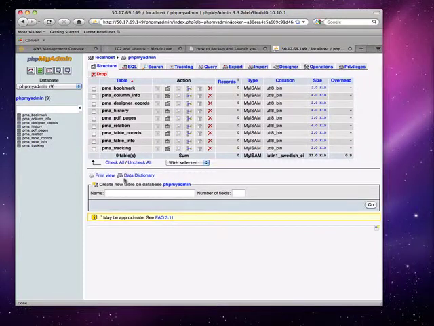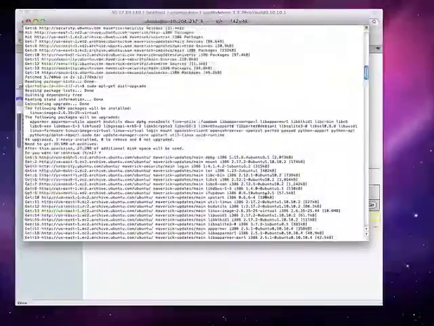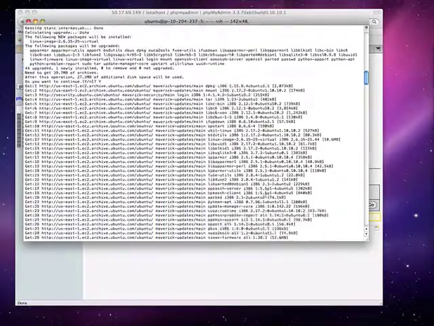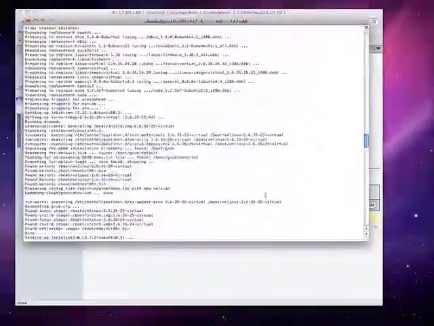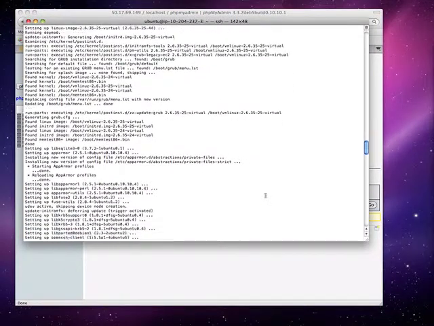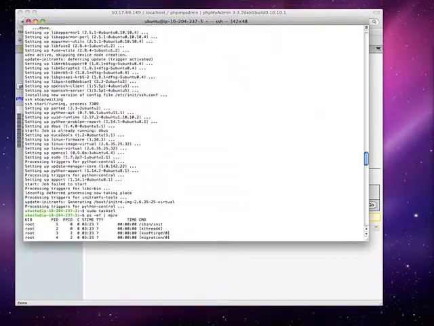So yes, if you look at this command, sudo tasksel, this is what we went into, the control panel of Ubuntu, where we selected LAMP as an option for installation.